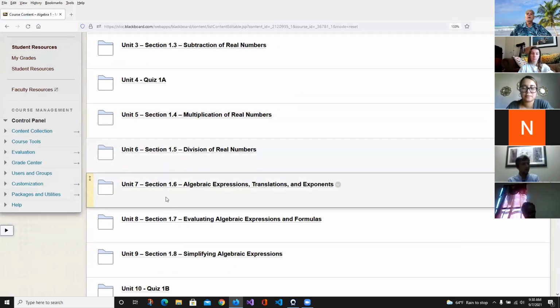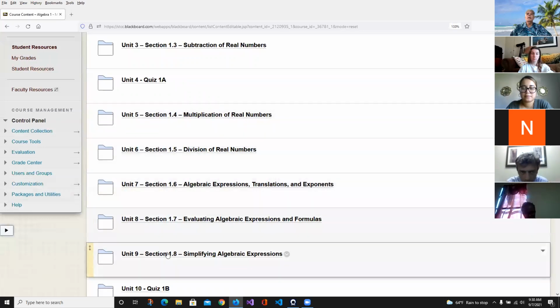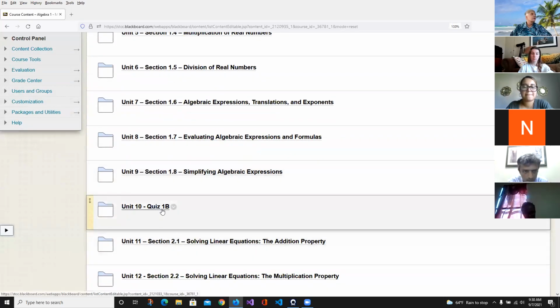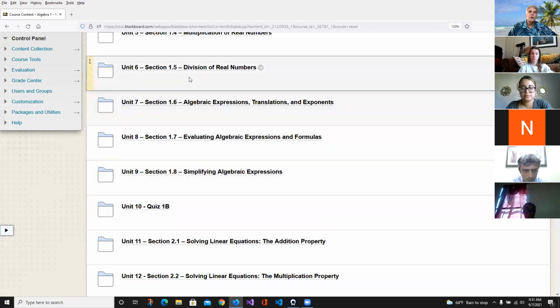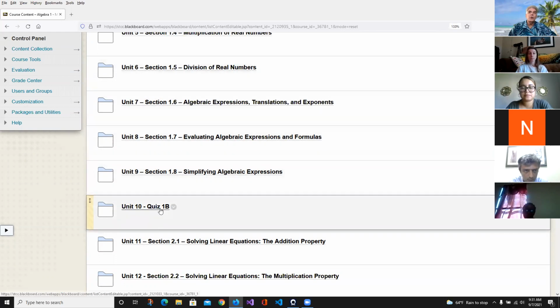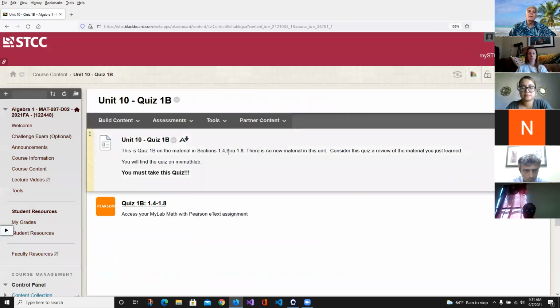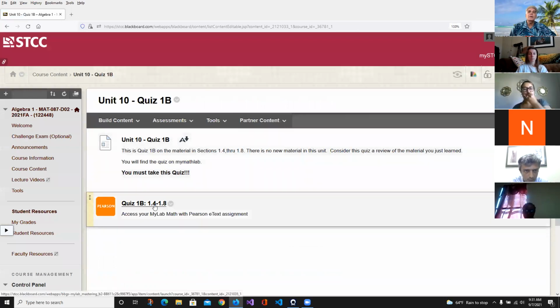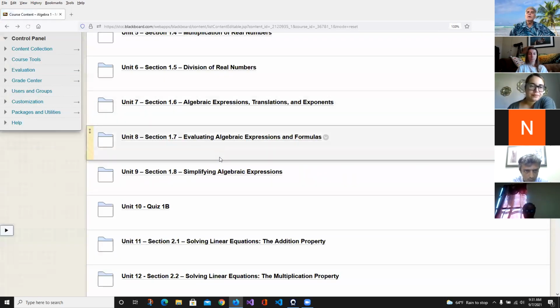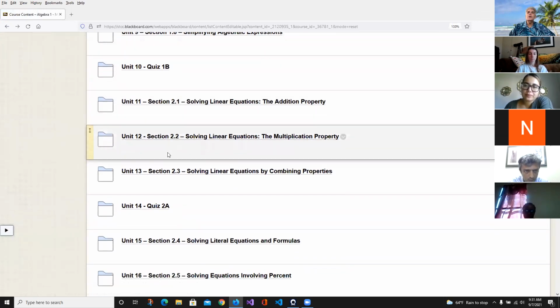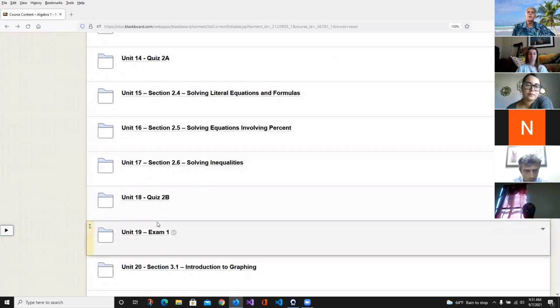Look at this. The next sections, oh my God, there's 5 sections for the next quiz. They're short quizzes. They look like a lot, but they're short. There's not much to these things. That's why there's a lot of these sections. But quiz 1B deals with sections 1-4 through 1-8. Do the quiz. When's the exam? Next is chapter 2, quiz 2A, quiz 2B.